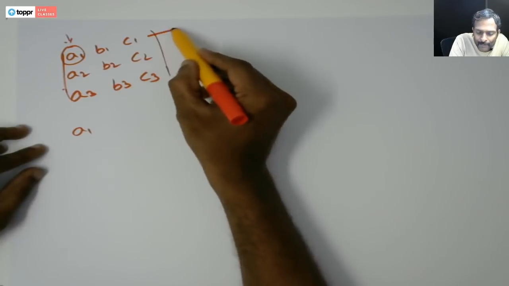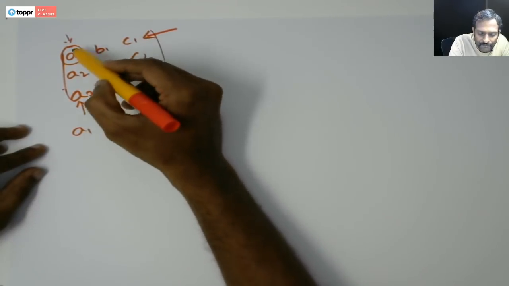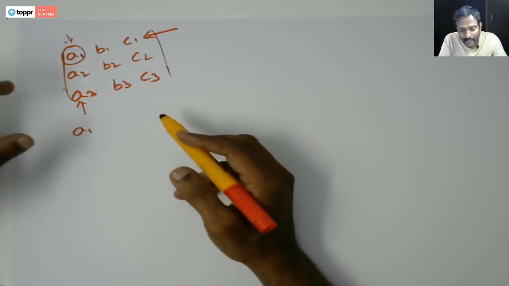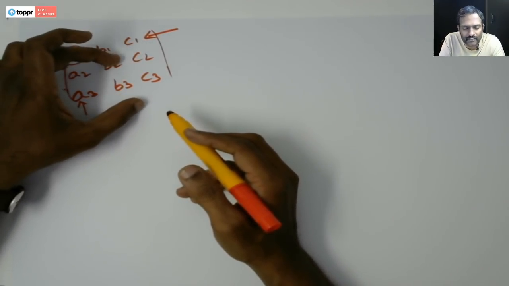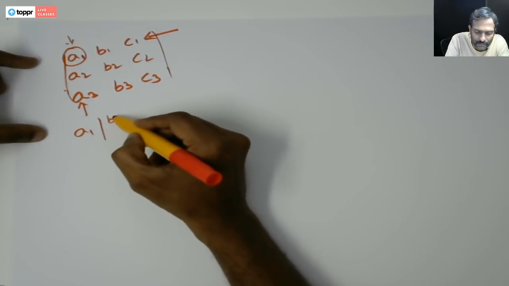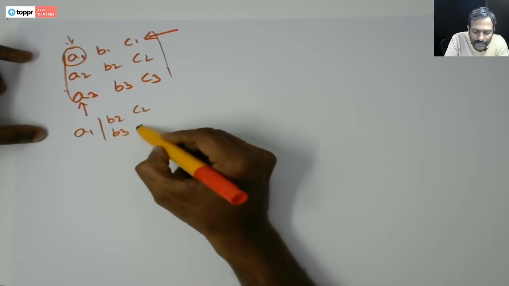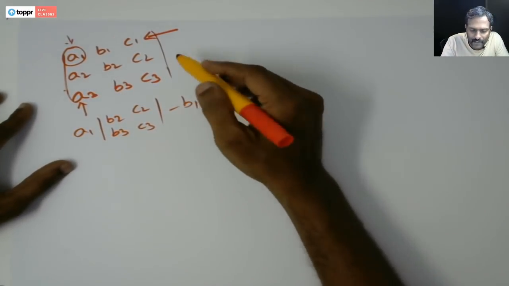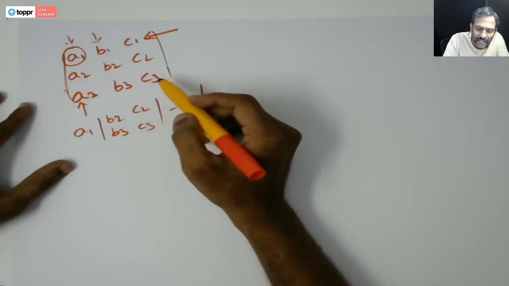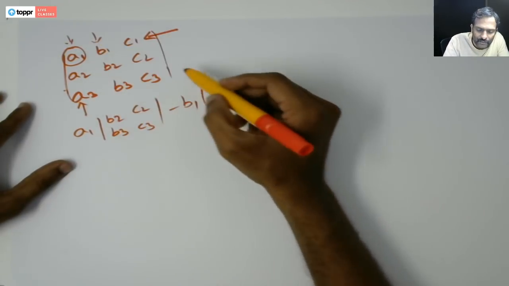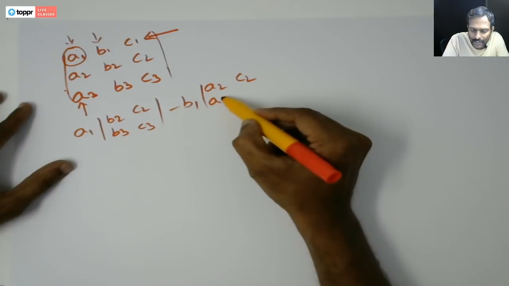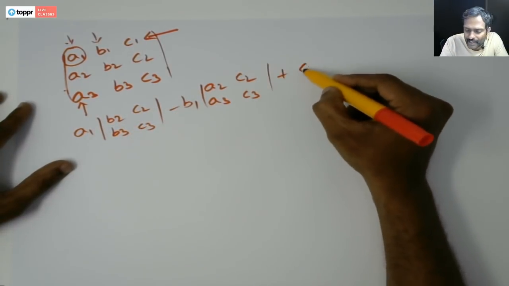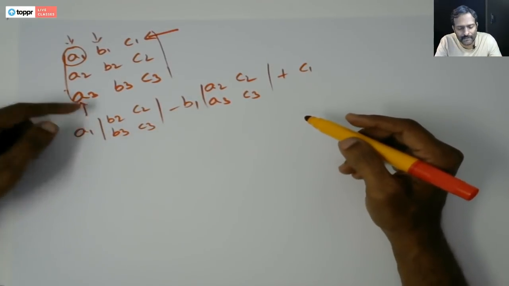Then you completely remove the row and the column in which the element exists, and take the minor, the remaining part, which is B2, C2, B3, C3, minus B1 times, now you have to remove this row and column, so you have A2, C2, A3, C3, and the determinant can be calculated from the minor very easily, like B2 C3 minus, let us